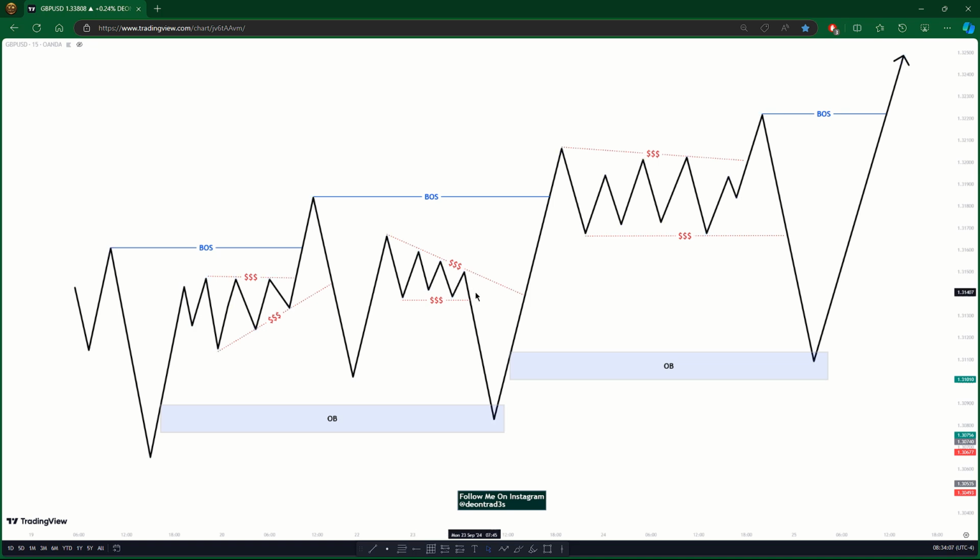Okay, and again I'm saying it again. I don't want you to be looking at this as just consolidation. I want you to be looking at this as a liquidity area, a liquidity zone that has to be taken out at a certain point. And for you to know that it has been taken out, it's always given to you in an aggressive manner. Price always explodes when it's coming from